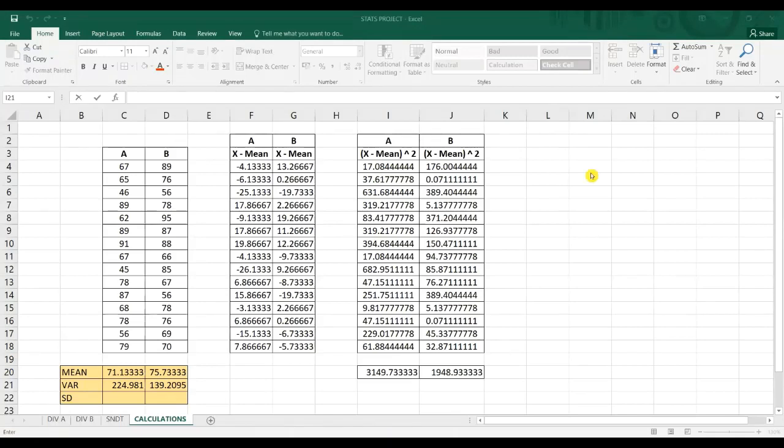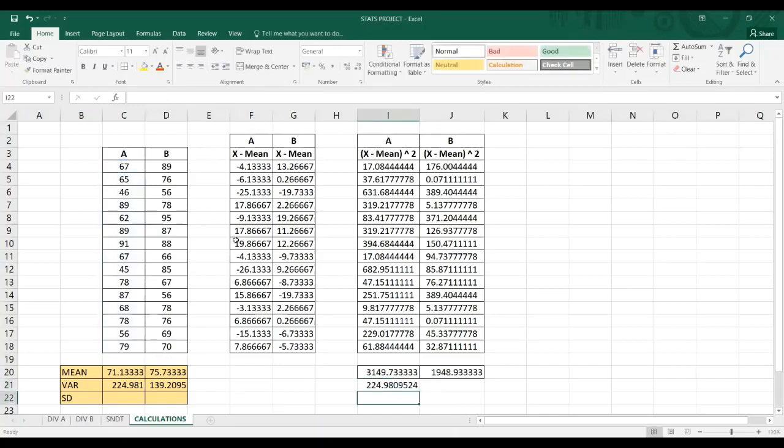Now, just in case you want to check whether your values are correct or incorrect, there is a direct way to calculate the variance as well. That is, there is a direct formula in Excel where you can calculate the variance of that entire group. So you don't have to do all these calculations that we did. And let me just quickly show you the formula. The formula is equal to VAR.S bracket open and just select all the scores of division A and